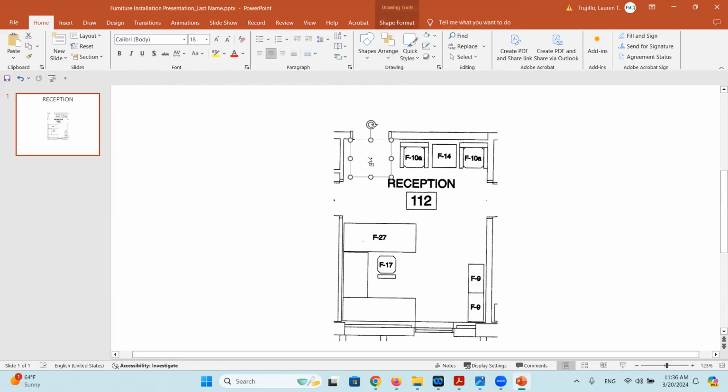I'm going to continue copying and pasting this box and resizing it so that it covers up any text information on the actual furniture pieces, because all we want our viewer to see is the shape of the furniture, and then we're going to add additional information to show our viewer where we want things to go and what furniture pieces go where using a different method. So I'm just hitting Control C and Control V here, and I'm bringing these over and resizing them. And I'm making sure that it's covering the text. And I just have two more to go.